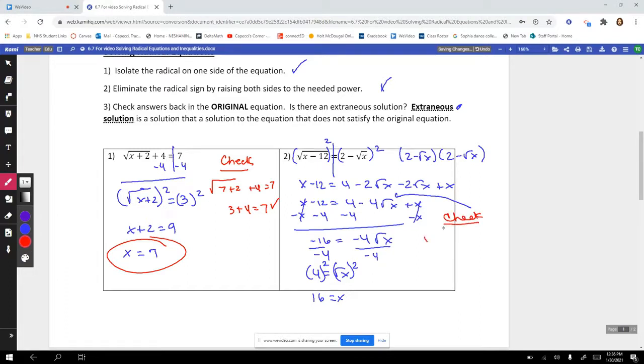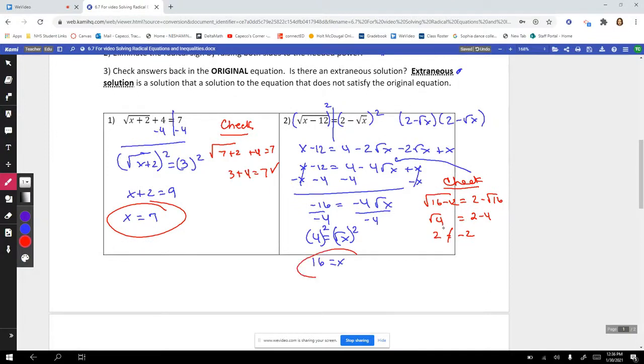So I have the square root of 16 minus 12 is equal to 2 minus the square root of 16. Well, 16 minus 12 gives me the square root of 4, which is 2. On the other side, I have 2 minus 4, which gives me negative 2, which is not true. So what happens is this right here is an extraneous solution,